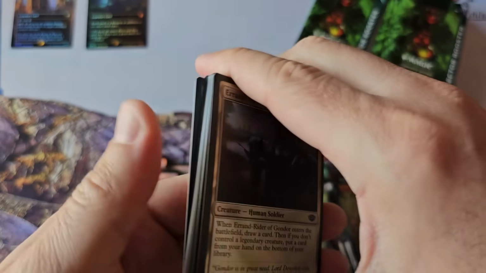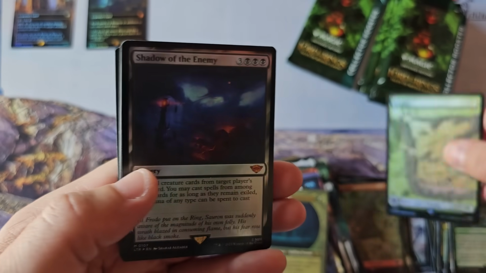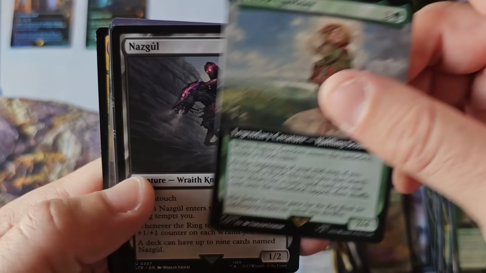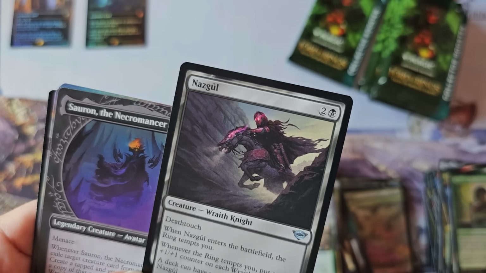I think everyone's learned, especially Wizards of the Coast, it's okay to have a one-of-one marketing blitz thing. Shadow of the Enemy, okay. But I think you need more than that. And I think... Nazgul! So...